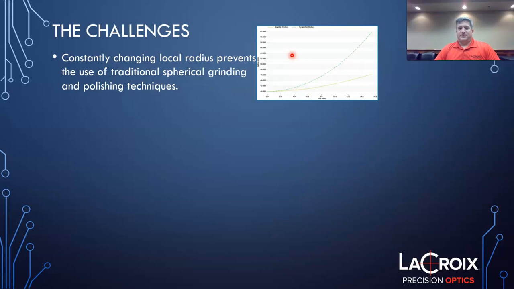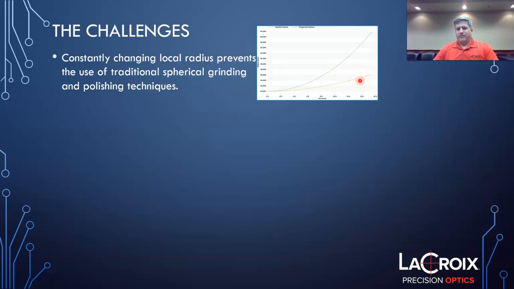Those tools are designed to make spheres. They're not going to make full contact on an asphere. They might not fit inside the asphere because of the changing curve. You rub a pitch tool on a surface, it's going to want to go spherical, not be an asphere. And here's a plot of an asphere of the sagittal and tangential radii, and you can see they're not constant,